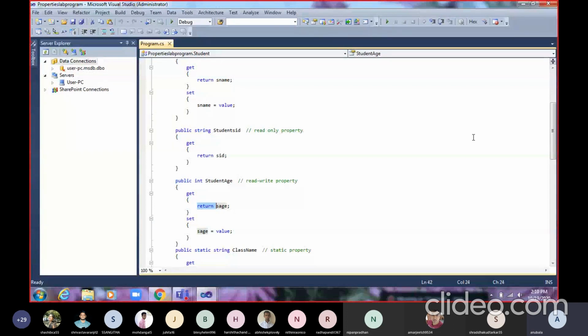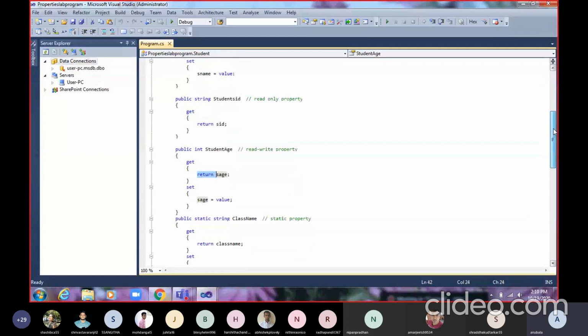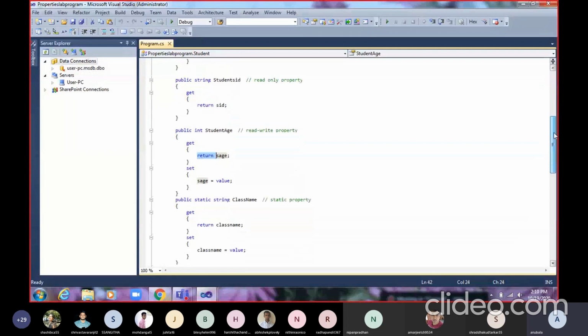Now the third type of property is the static property, because it will only set or get the value for the static data member in the program. In the class I have created one static data member, class name, and I have already set a value for it.